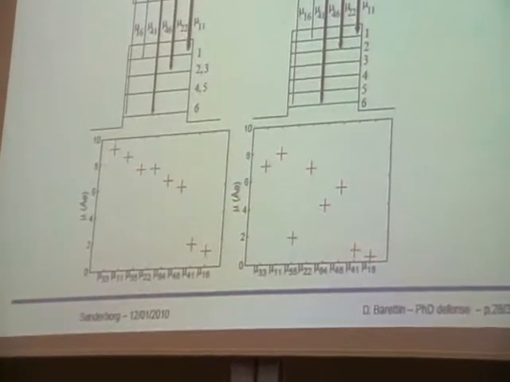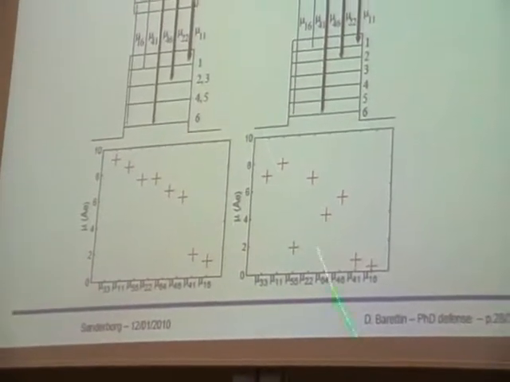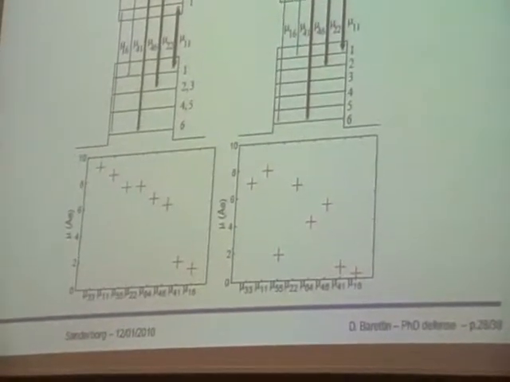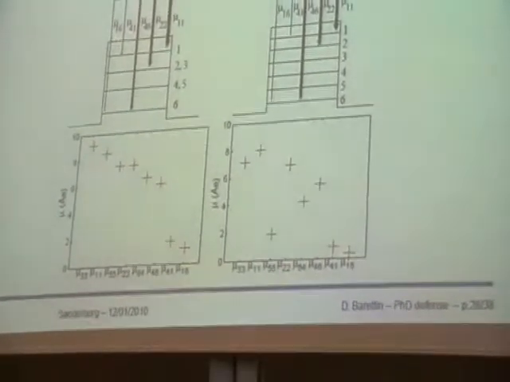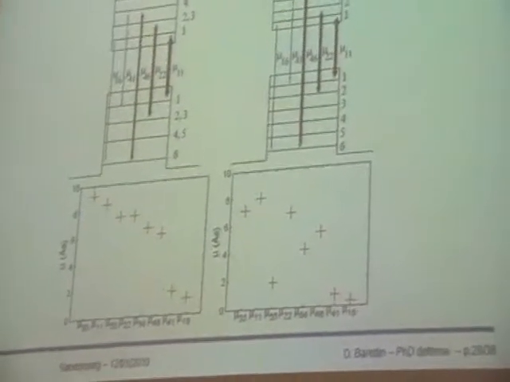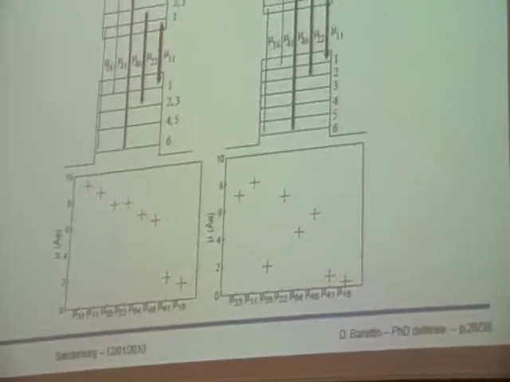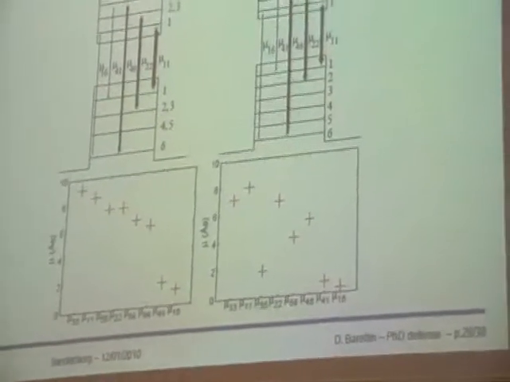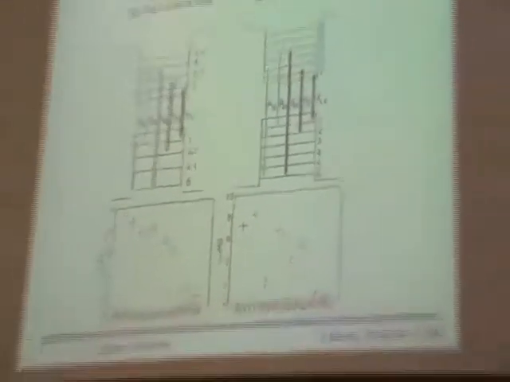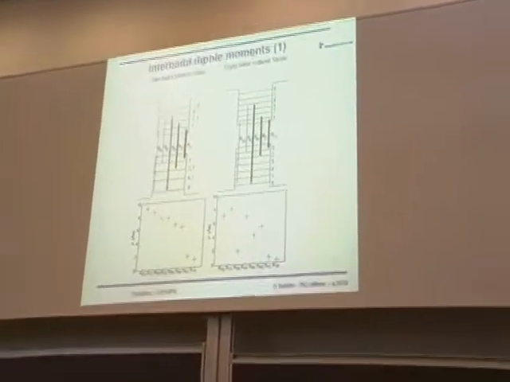You can see that there is a lot of difference between the 2 models, both from the qualitative and also quantitative point of view. And this was quite expected since we know that the 8 band model completely changes the density of states, so we also have many more states than in the 1 band model. Also, when we calculate the dipole moment, we have to consider the contributions of all the possible combinations of the components of the wave function. So in this case, we have 8 components, and we have to consider the sum of all the possible dipole moments. So the fact that they are different was quite expected, but what is very interesting is to compare this slide